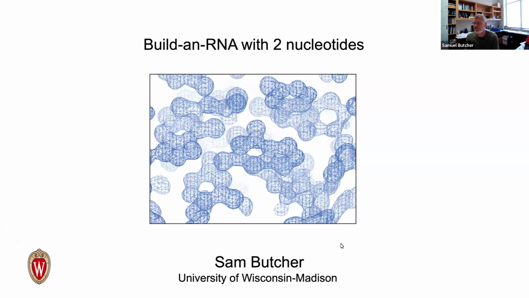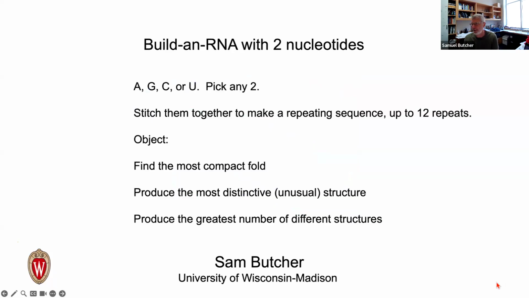I know this sounds a little strange, but I thought I could maybe gamify this for people. And so here's the game. You get 4 nucleotides to choose from, A, G, C, or U, and you only get to pick 2. Then you can stitch those 2 together to make a repeating sequence, say up to 12 repeats. And then the object of the game is to find the combination that will give you either the most compact